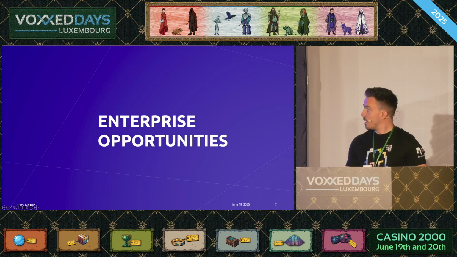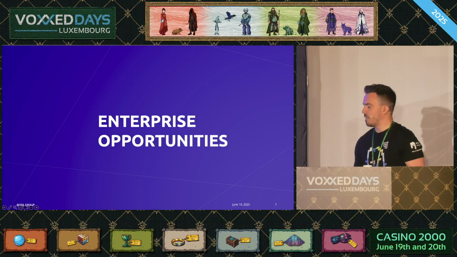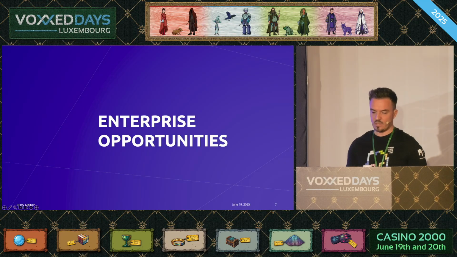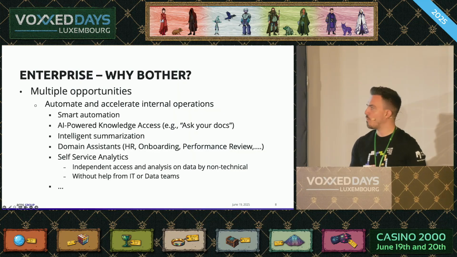Okay, so I just want to quickly tackle opportunities for businesses. Why bother with all of this? Why is it such a big topic at the moment? It brings multiple opportunities. You can automate and accelerate internal operations by introducing smart automation in your operations, by producing